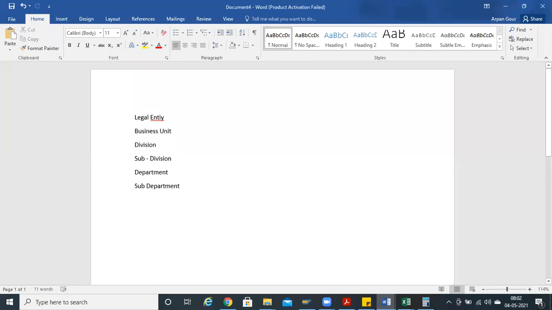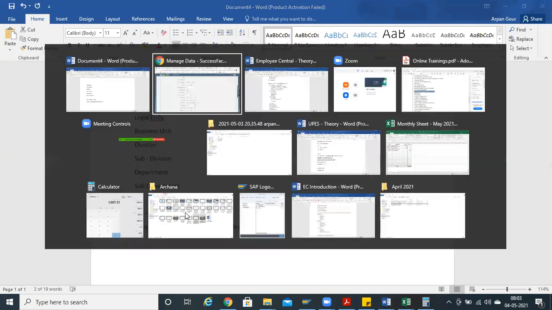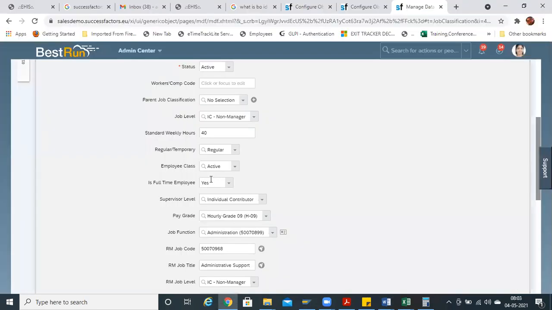I think you might be aware of what is job and position. Job means like you will be having manager, director, etc. And what is position? Position is HR manager. Got it? Finance director or HR director. Position is specific. Just remember, job describes the position. That's the reason before creating position, we will be creating job.